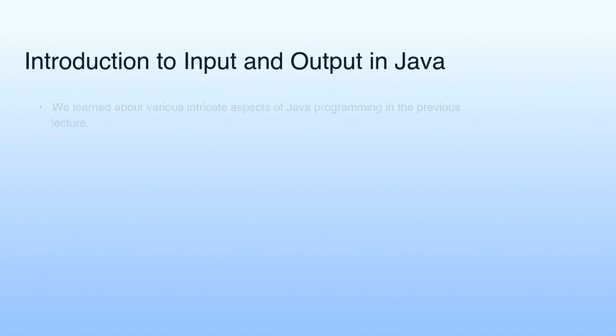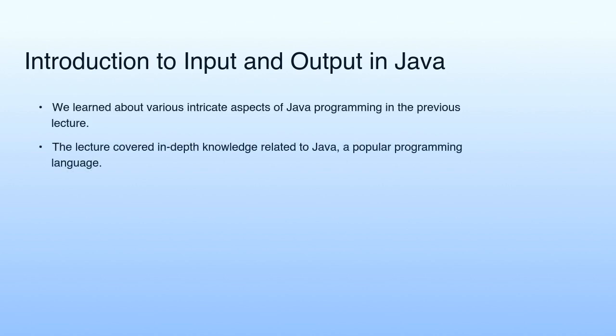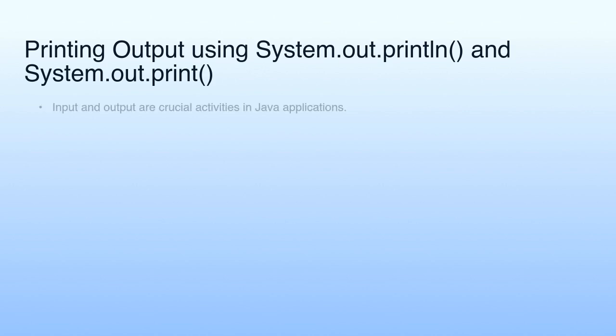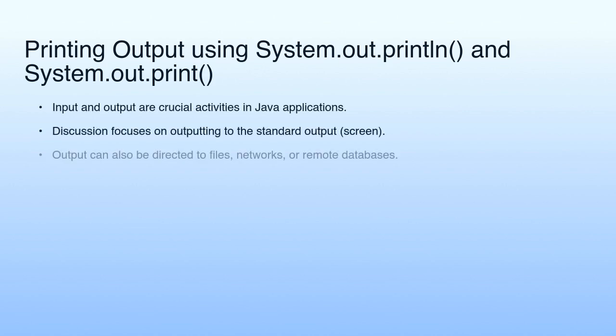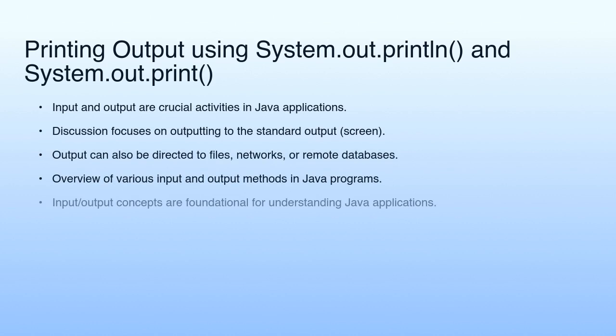In the previous lecture, we explored various intricate aspects of Java programming, a popular programming language. Input and output are crucial activities in Java applications. We begin by discussing how to output information to the standard output, which is typically the screen. However, output can also be directed to files, networks, or remote databases. We will provide an overview of various input and output methods in Java programs, as these input-output concepts are foundational